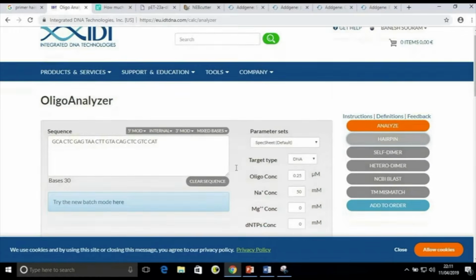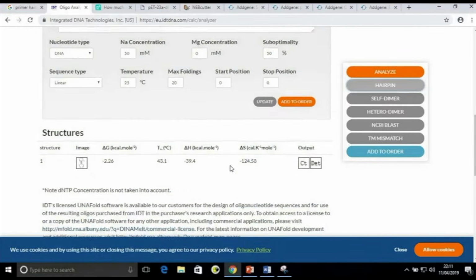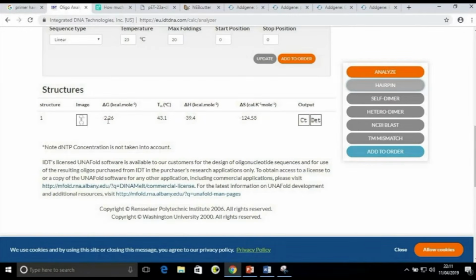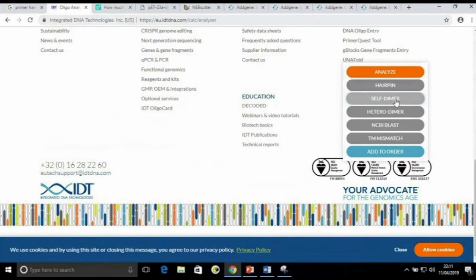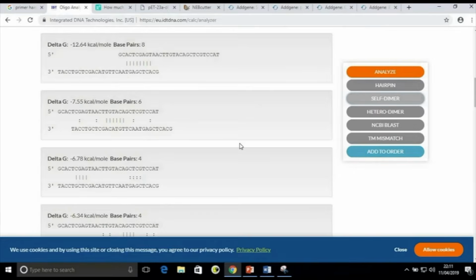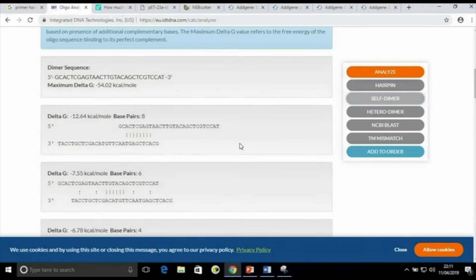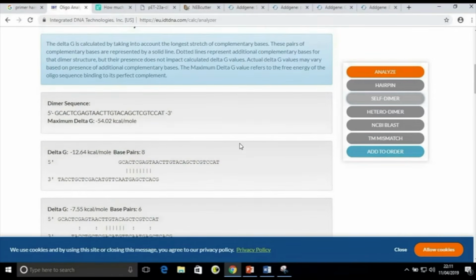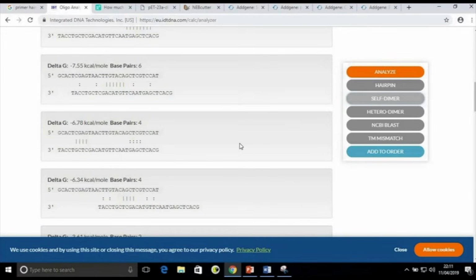So is there any hairpin loops? Only one hairpin loop, that is within the range of delta G, so there is no issue. And self dimer, so we can see here continuously 4 bases are forming.